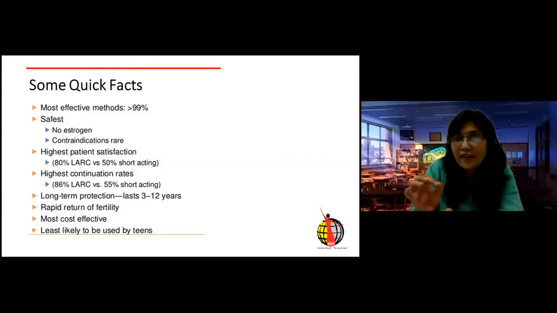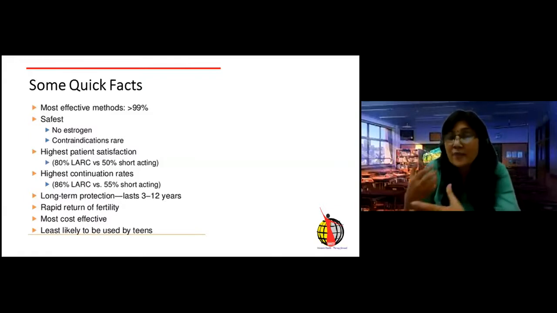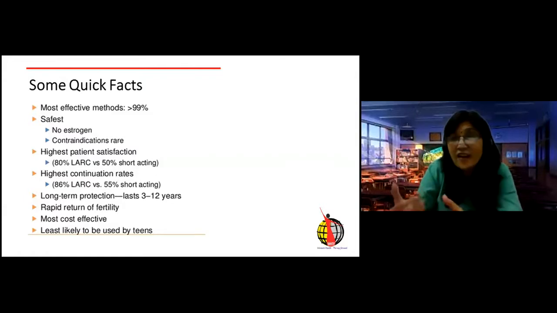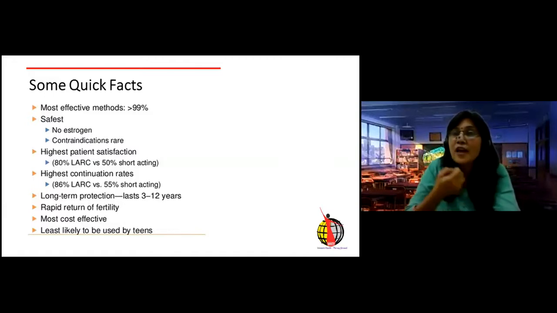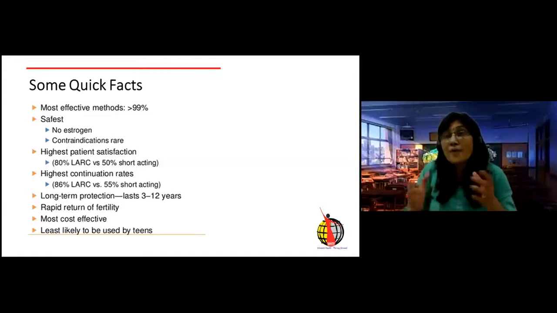Most cost effective, because, see, the initial cost is high. Remember that the initial cost is high, but because it is used for a prolonged duration of time, the cost effectivity is there, and that's why it is considered so in European countries. See, in India, many of the things are provided free. Like the copper devices are also provided free, but if you go into European countries, or even the Americas, you will come to know. I have gone to Netherlands, I've gone to Ireland, and we'll come to know how much cost it is there